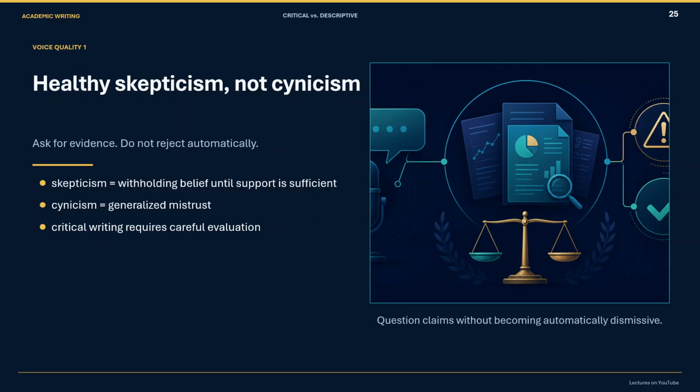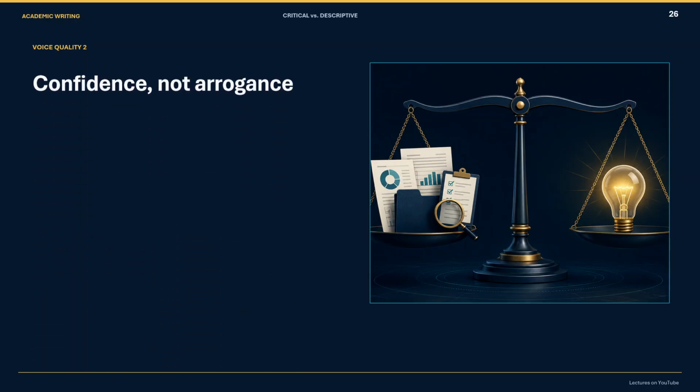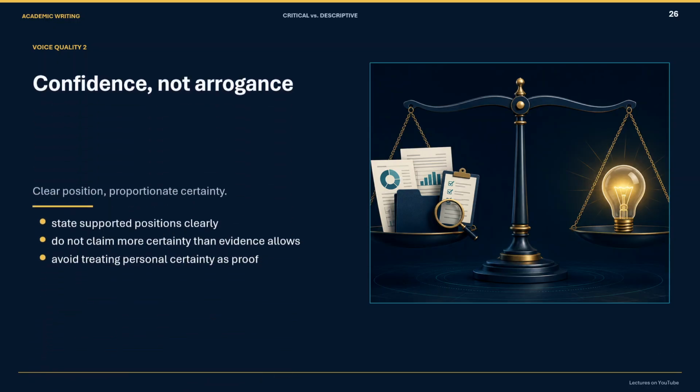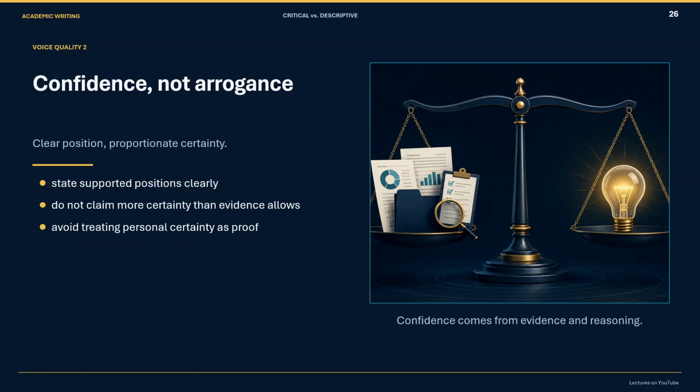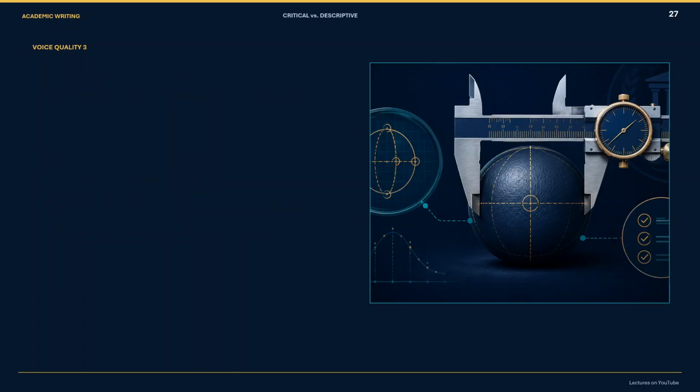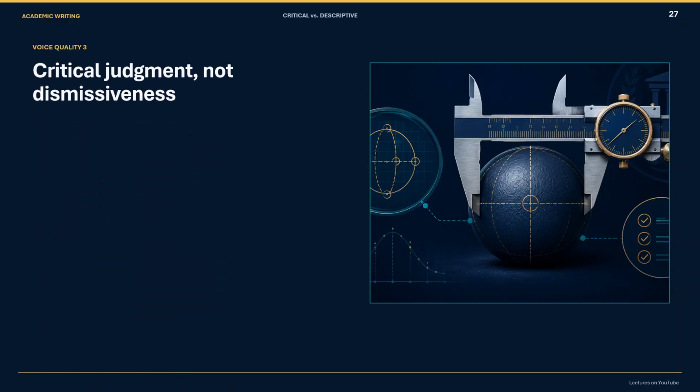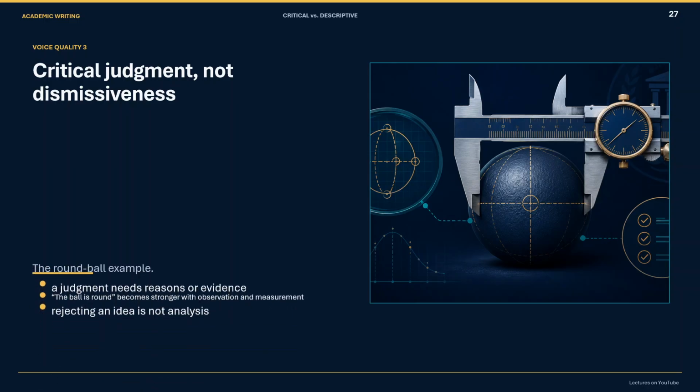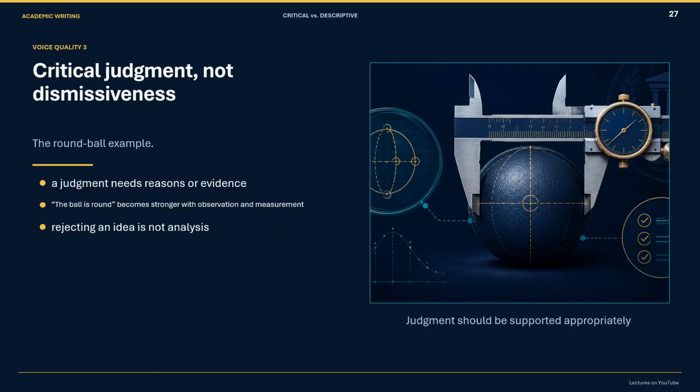The second quality is confidence, not arrogance. State a well-supported position clearly, but do not claim more certainty than the evidence allows. Confidence comes from evidence and reasoning. Arrogance dismisses alternatives or treats personal certainty as proof. The third quality is critical judgment, not dismissiveness. A judgment should be based on careful thought and available evidence, not on rejecting an idea simply because you disagree